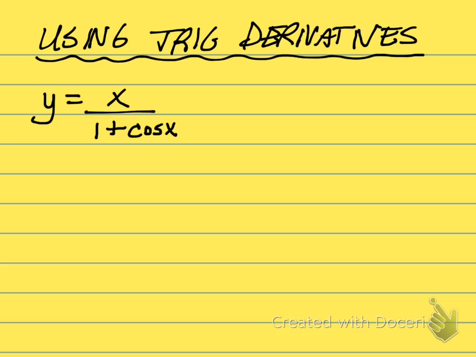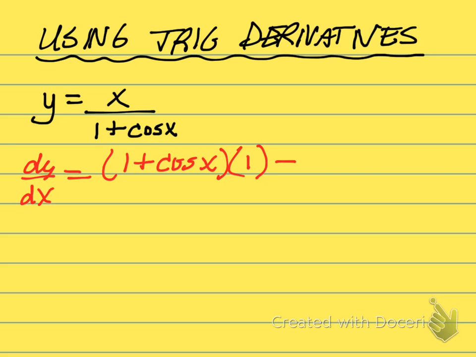to find dy dx. So let's take the derivative. Using the quotient rule, dy dx will be the bottom times the derivative of the top. Well, the derivative of the top is 1. Minus the top times the derivative of the bottom. Well, the derivative of the bottom would be 0 for the derivative of 1, and then the derivative of cosine of x is negative sine of x. And according to the quotient rule, that's all over the bottom